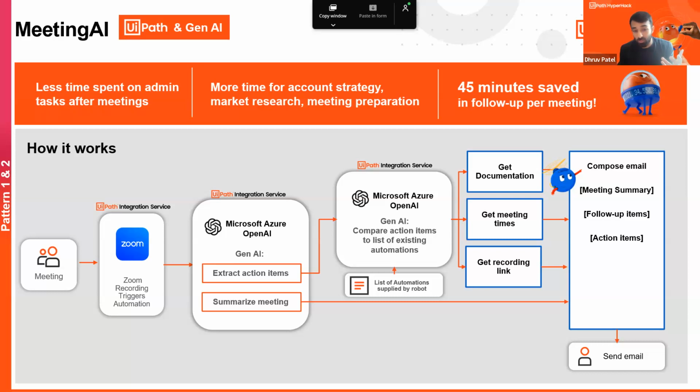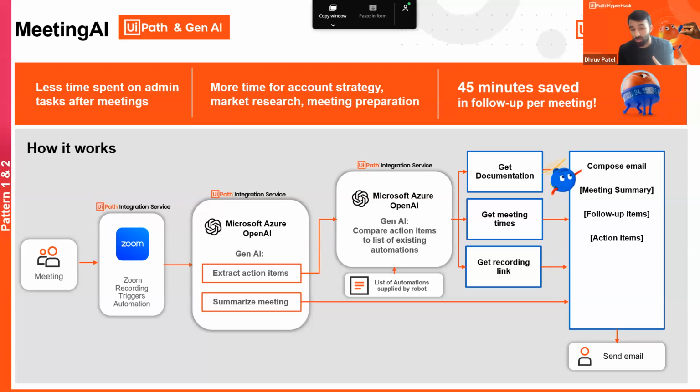And now with just a simple prompt, we're able to ask generative AI to say, hey, based on these action items, what automations downstream do you need to run to basically provide follow-up, or additional links, or grab additional meeting times and automatically populate it into that follow-up email. And so generative AI intelligently makes the choices based on those action items that it came up with earlier. It'll go ahead and kick off those downstream automations.